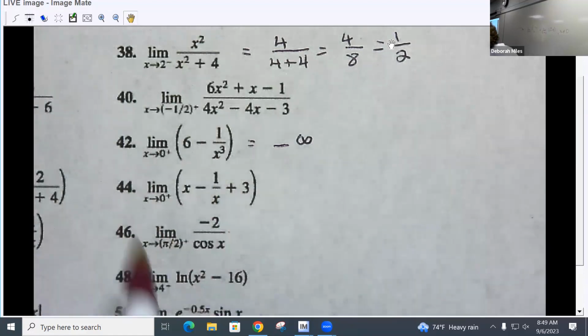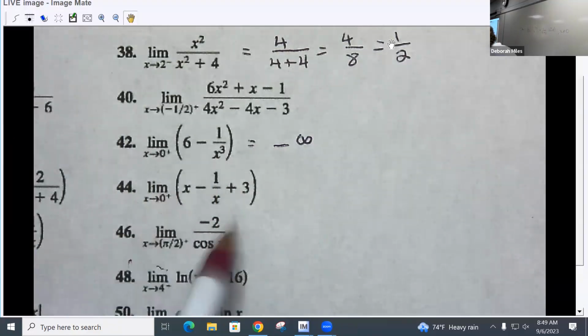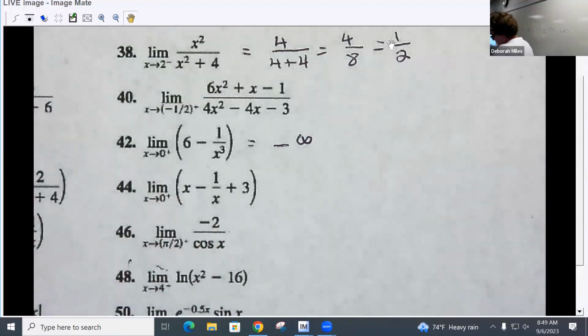What about 46? The limit as x goes to pi over 2 from the right of -2 over cosine x. How could I tell if that right-hand limit exists? Try direct substitution. Could I let x be pi over 2 in that expression? Cosine pi over 2 is 0 and -2 over 0 is undefined. So,